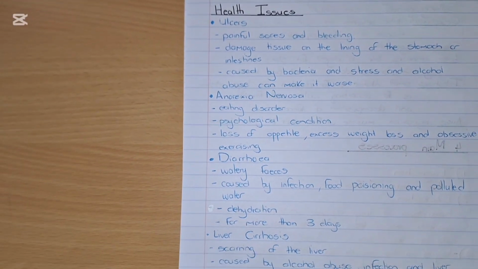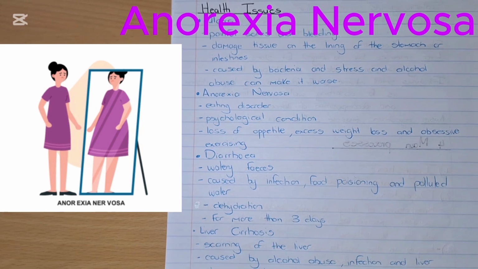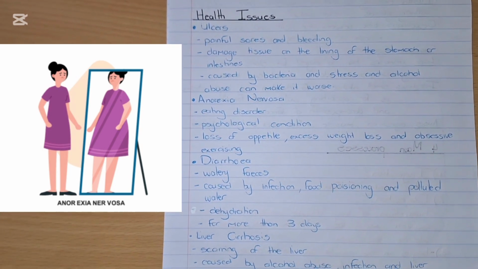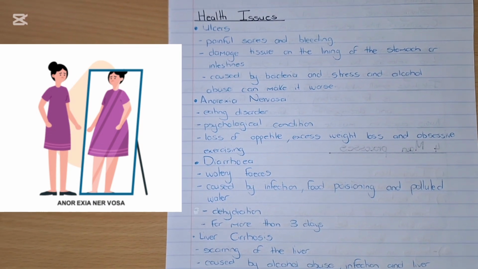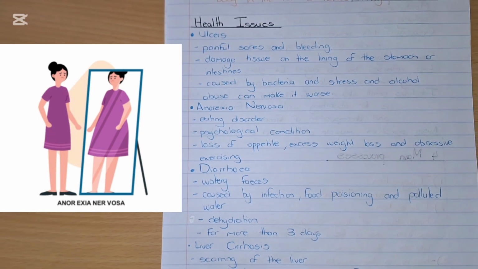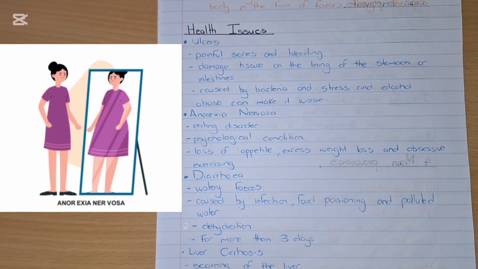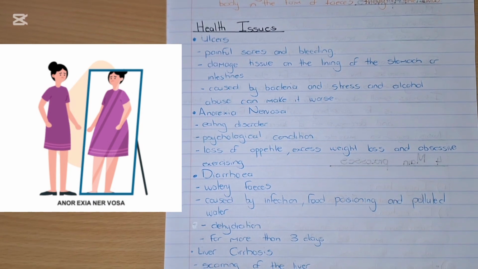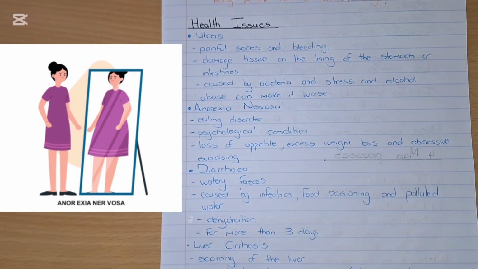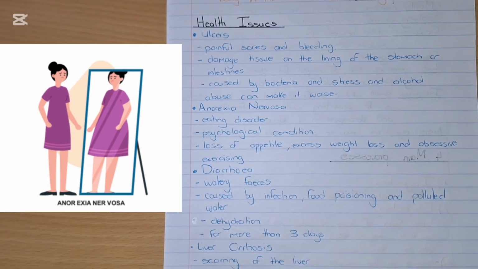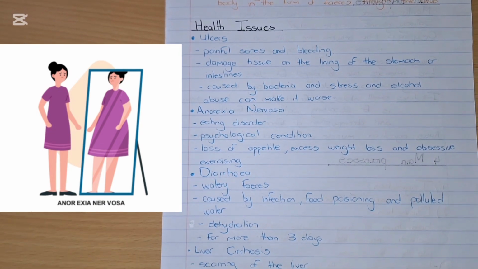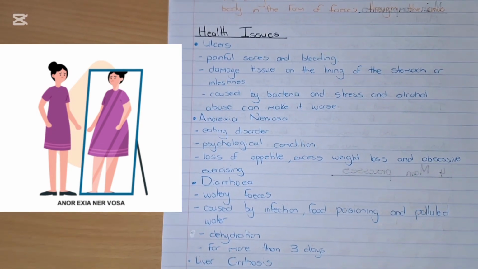Okay. Then we have anorexia nervosa, which is an eating disorder caused by a psychological condition. Psychological condition means that it's basically to do with the mind, and it changes your behavior and your thinking. Okay, so it's the fear of gaining weight. And symptoms of that: you lose your appetite, you have excessive weight loss, and obsessive exercising. An example that I'm going to put up on the screen is basically when a person looks in the mirror, they see someone that's obese, yet in reality, they are very, very skinny. So I'm going to put a